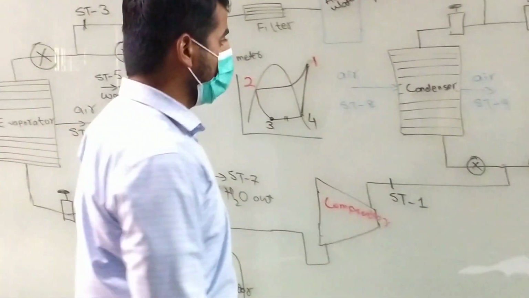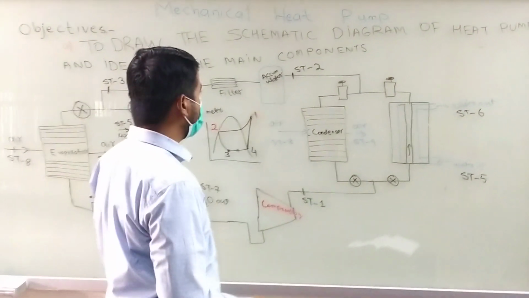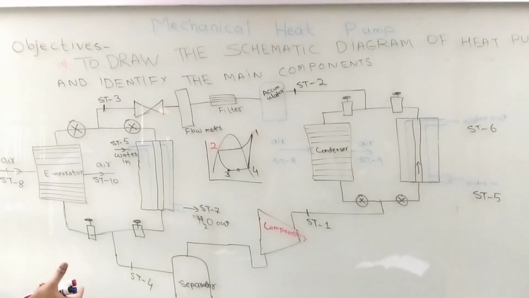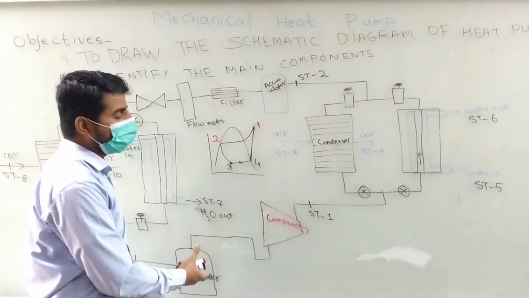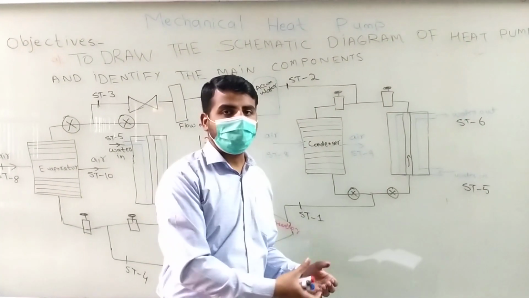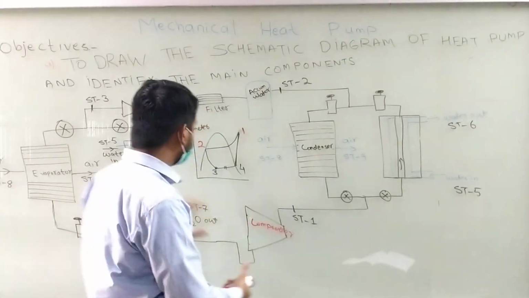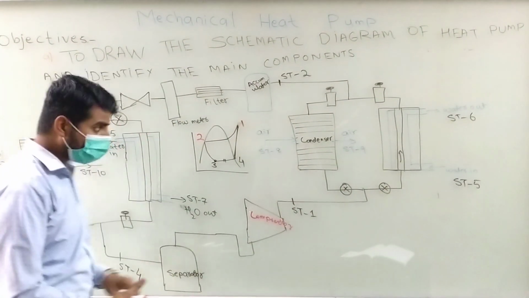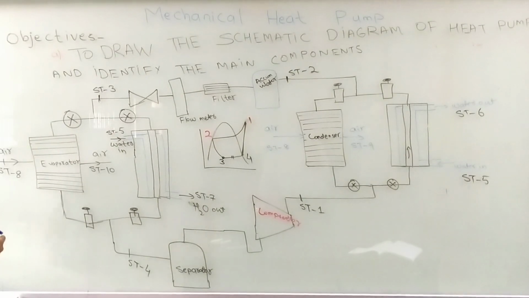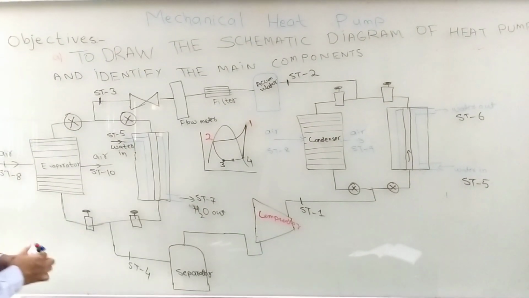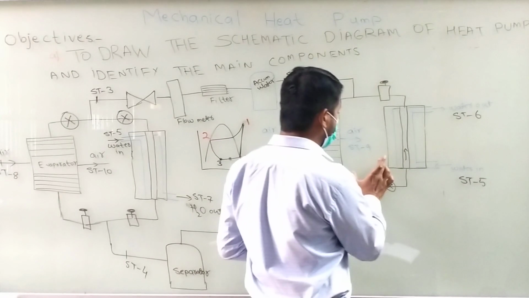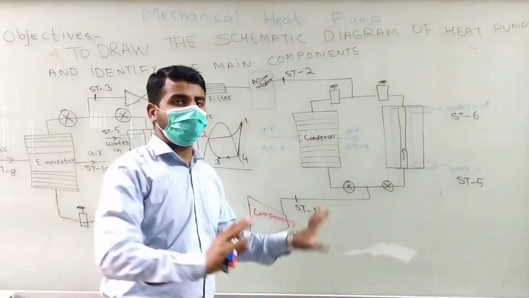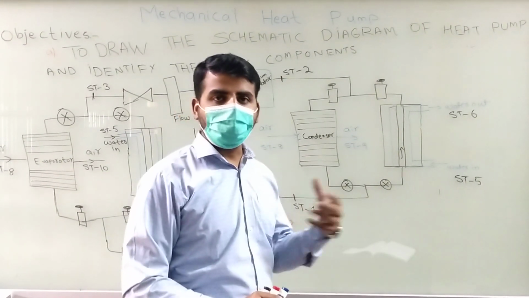Now coming to the temperature sensors, what we have and how to calculate. The second objective of the experiment was to determine the heat absorbed or heat released in the evaporator and in the condenser. So I'll first come to the condenser part. Okay. Here you can see that. So first of all, I'll go through all the experimental calculation. I'll not go to the theoretical calculation.